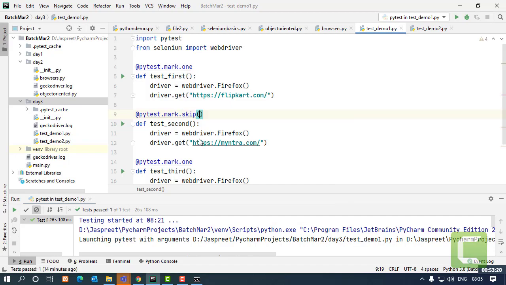And if you want, you can give a message on why you're interested in skipping the test case. For this specific test case, you can give the reason. Let's say I say: do not execute. Simply do not execute.